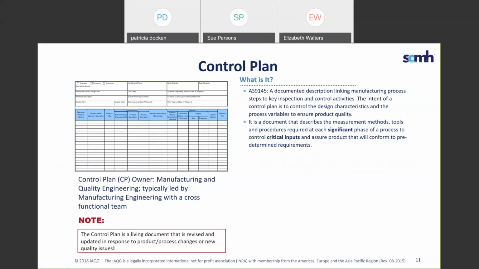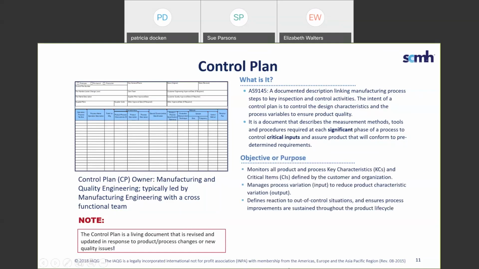It's intended to control the design characteristics and process variables to ensure product quality. It describes the measurement methods and control. It monitors product and process key characteristics and critical items. It manages process variation and defines the reaction plan for out of control situations.